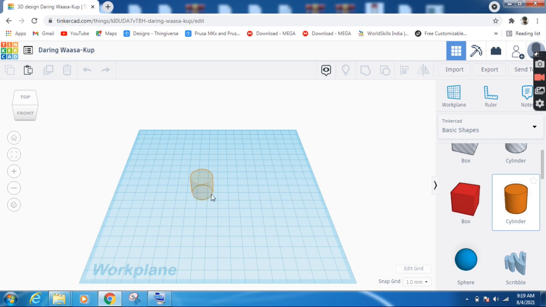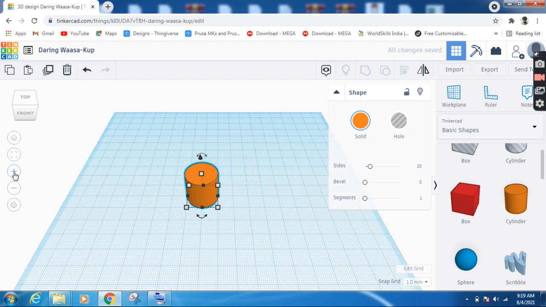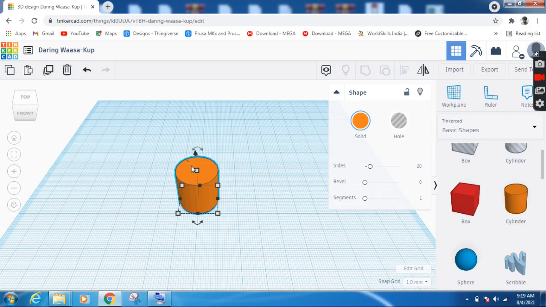First I will take a cylinder and place it in the middle of this point. You see that I'm keeping it here in the middle of the two boxes. Okay, so let me keep that. After keeping it, let me zoom in a little. I'm going to make a small gear with a diameter of 20 mm. So let me do that.